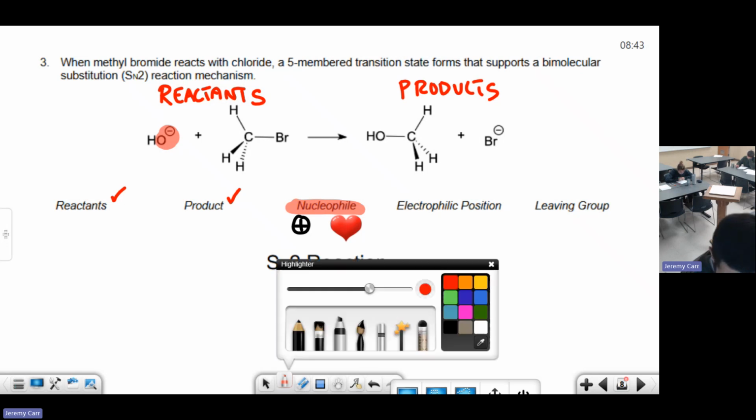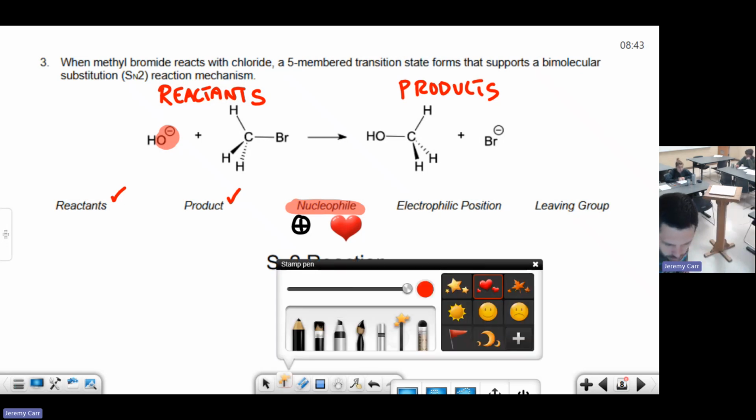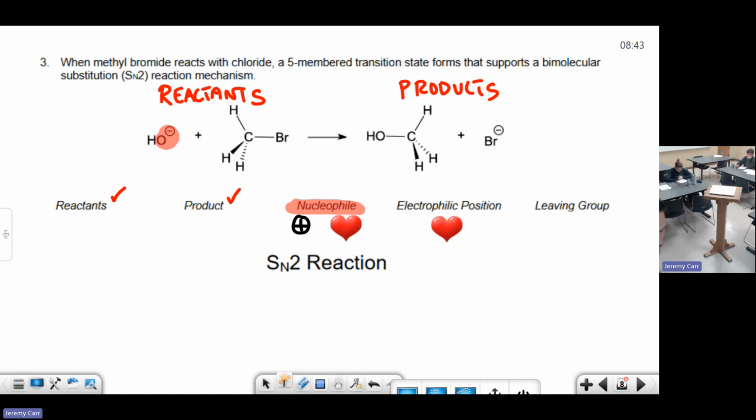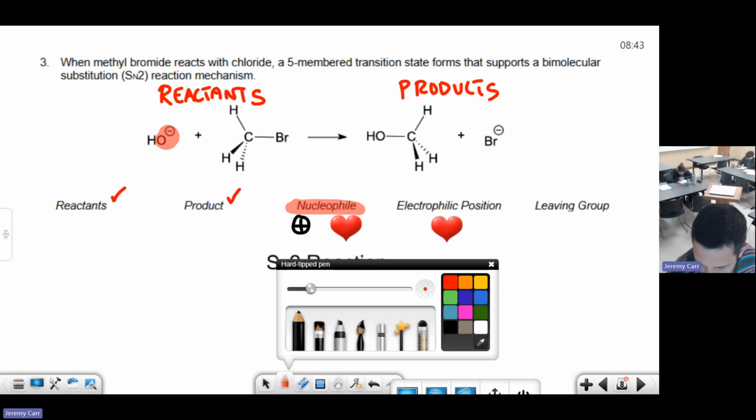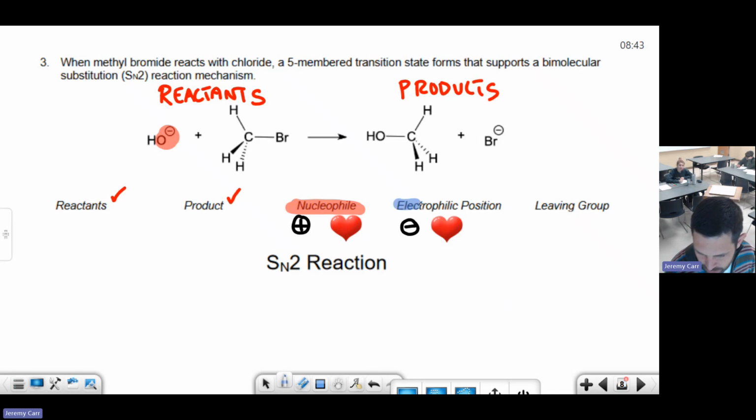Okay, electrophilic position. So let's think about this one. Oh, here you go. Phile again, right? So that means love. What does electro mean? Nucleo meant positive. So what do you think electro means? Negative. So the thing that loves negative charge. And so if you love negative charge, that means you're inherently electron poor. So this is the part where you may not recognize this. The electrophilic position is the part that's inherently positively charged is the point here. And that happens to actually be the carbon that's right here. And so hopefully now you're starting to see where all of this is coming together.